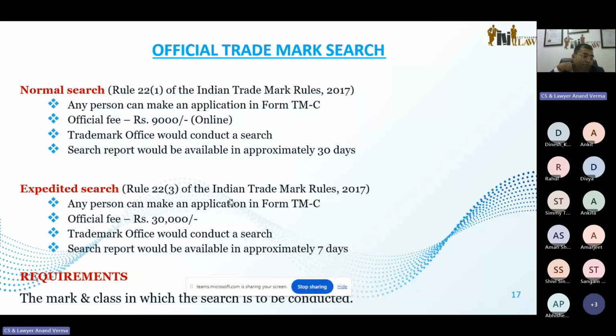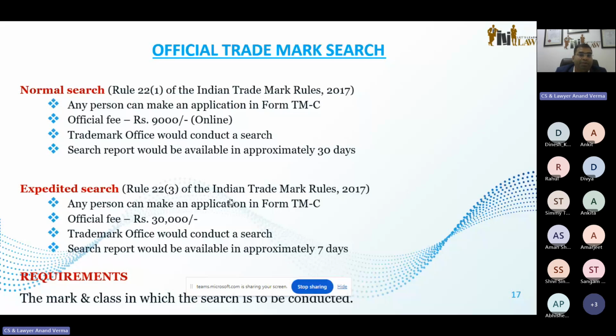If you want to make your client extra sure, extra protected, then you can say that the trademark office will provide a search report, but for that you have to pay 9,000 rupees in government fees, apart from whatever professional fee one professional charges. The trademark office will give you the search report within 30 days of making the application